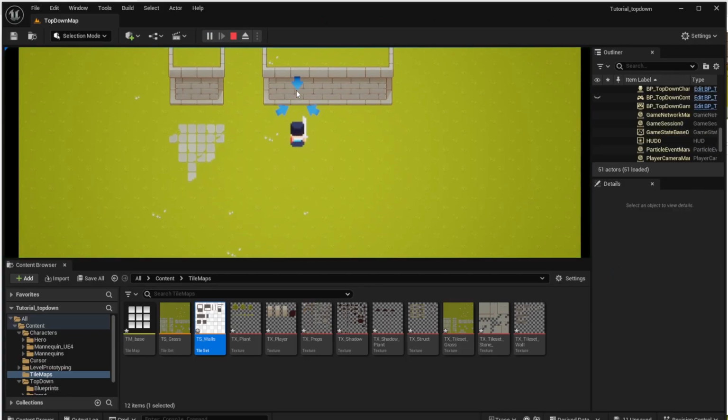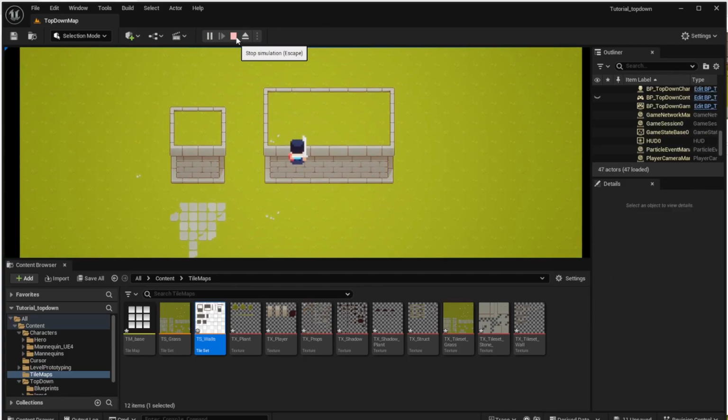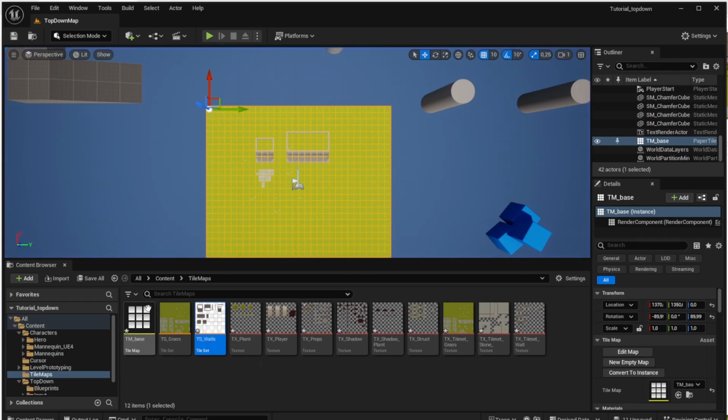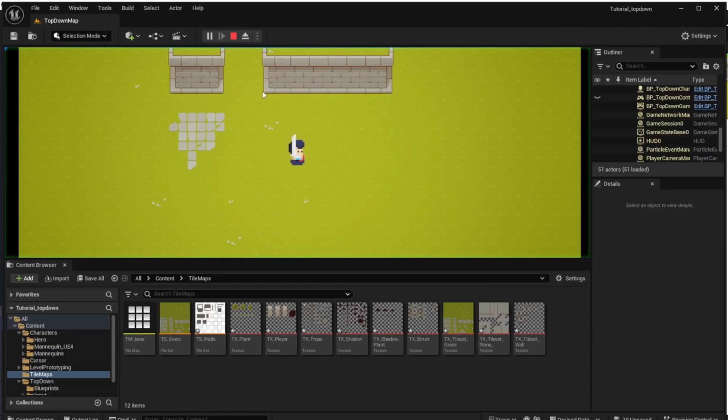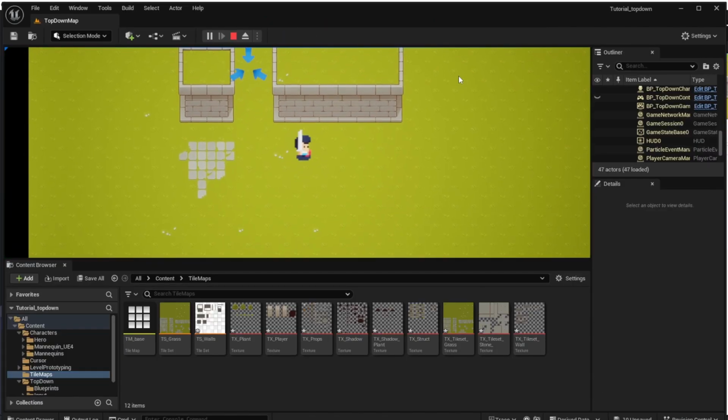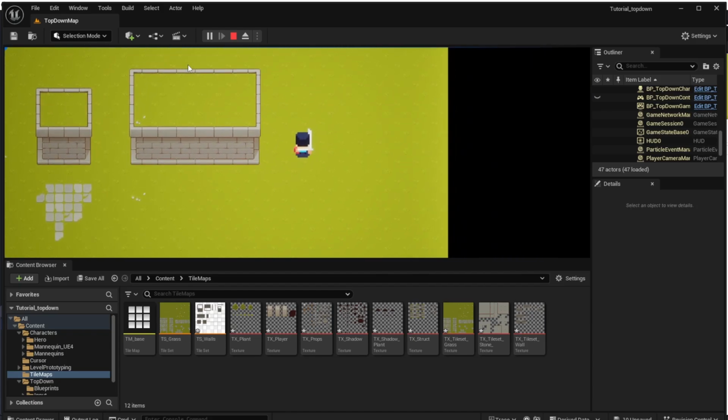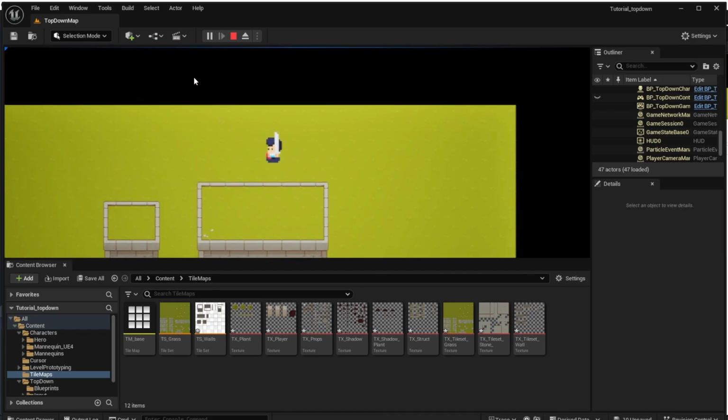And if we start the game now, we can see that the collision still doesn't work. So we have to change more things in the tile map. So let's open the tile map for our base. Choose the walls layer and ensure that the layer collides is checked. And we also have to override the collision thickness. So let's choose the collision thickness and set it to 200, which basically means how tall the walls are. Now if we click play again, we can see that the collision works,